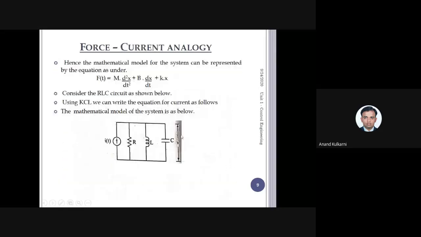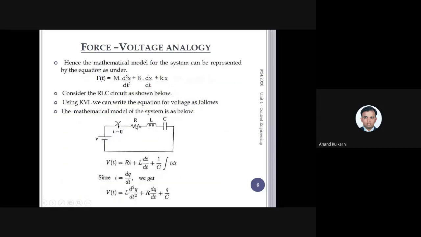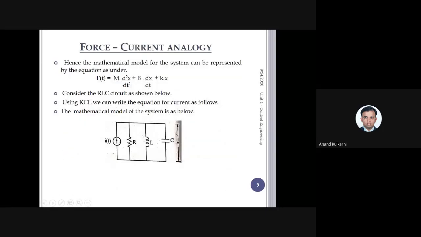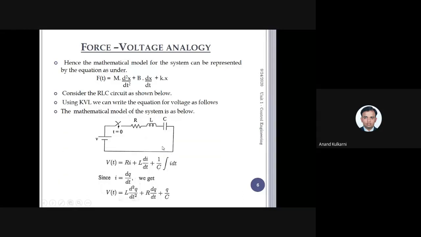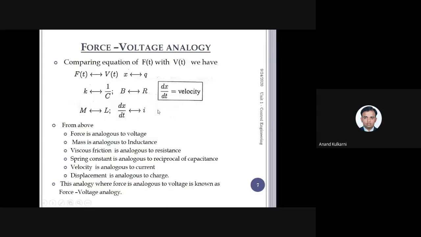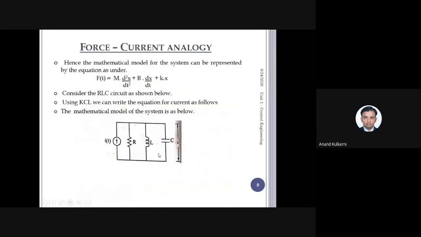But in force current analogy, they should be in parallel. If you compare this drawing, here they were in series, one by one, meaning one end is connected to another end like this. But here, there is one wire, and they are connected intermediately like this. So this is the parallel connection, and this is the series connection. The series connection happens in voltage. The parallel connection is in the current.